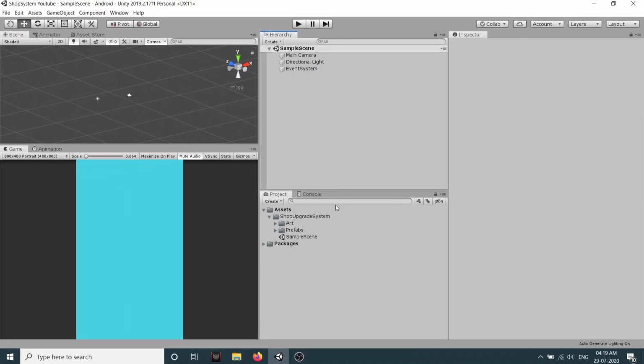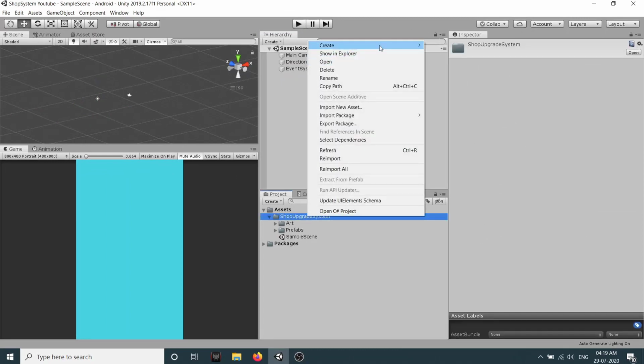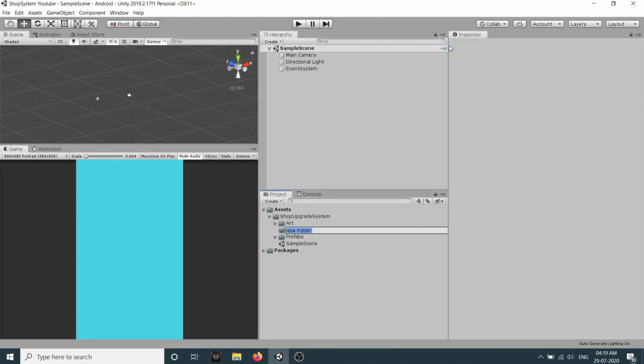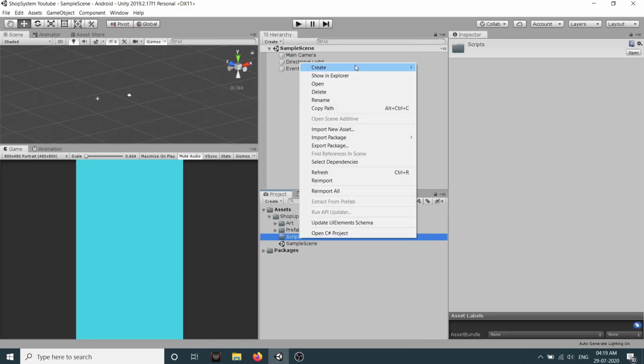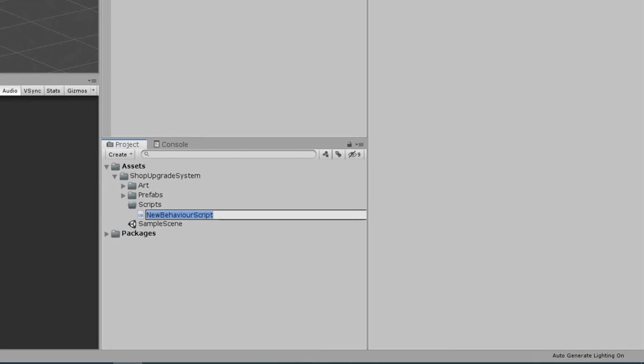So what we will do is first we will create a new folder and we will call these scripts. Now in scripts folder we will create a new C# script and we will call this shop save scriptable.